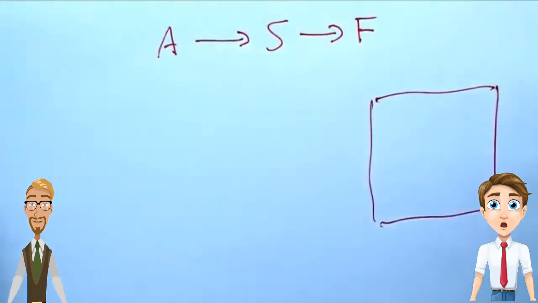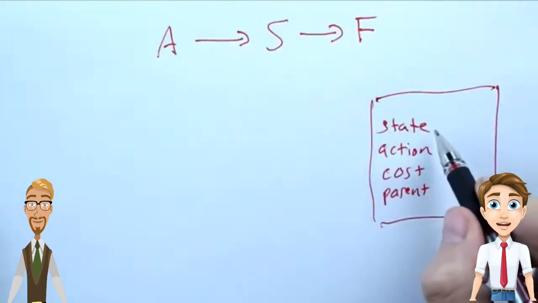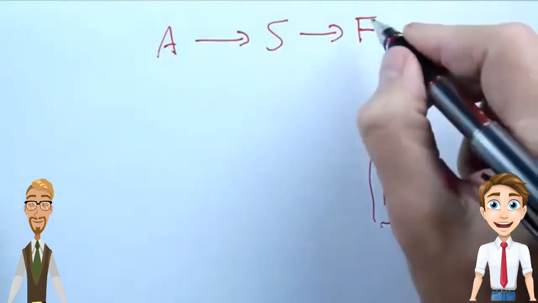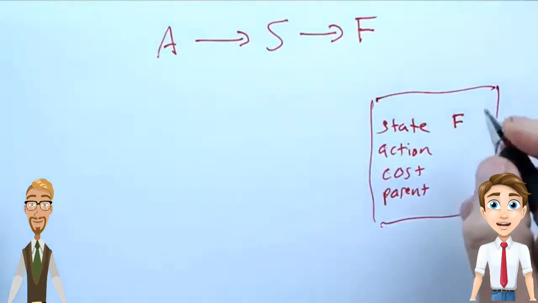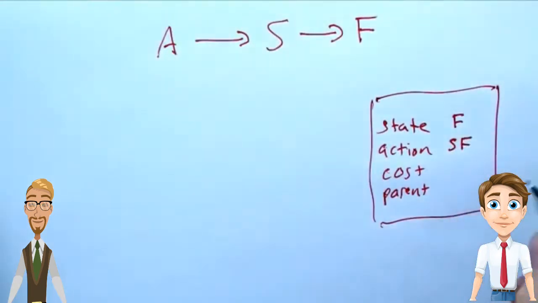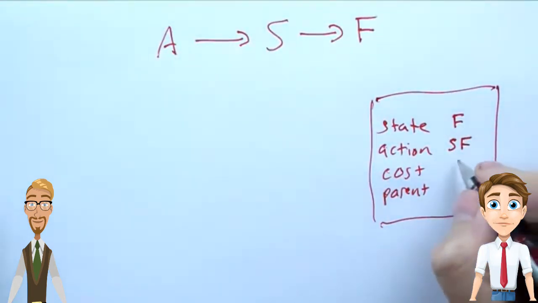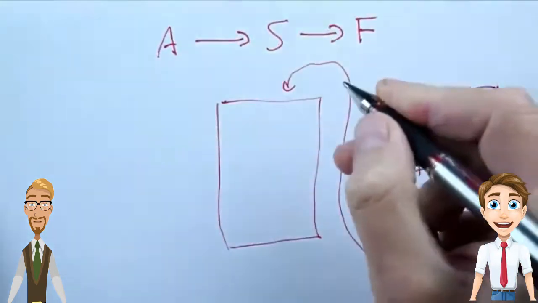A node is a data structure, and it has 4 fields. The state field indicates the state at the end of the path. The action is the action it took to get there. The cost is the total cost. And the parent is a pointer to another node. In this case,